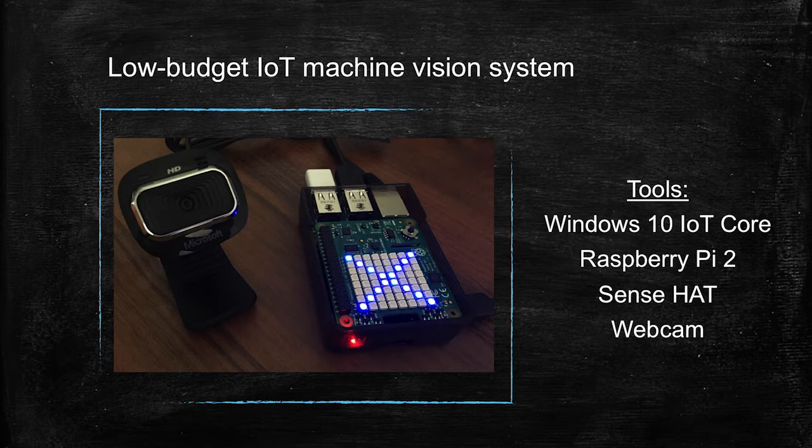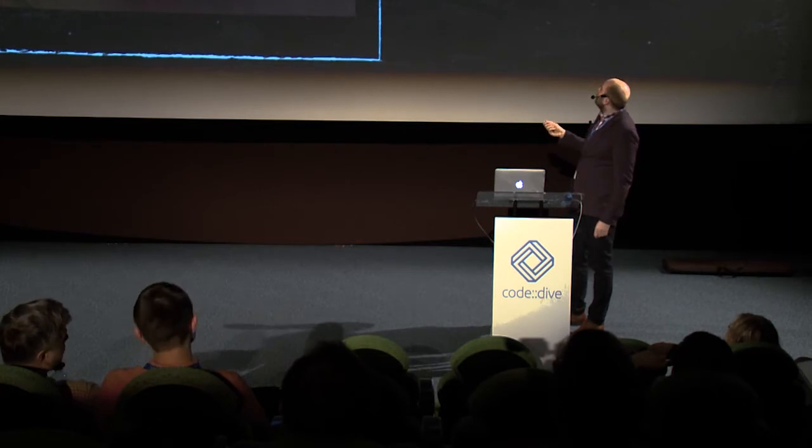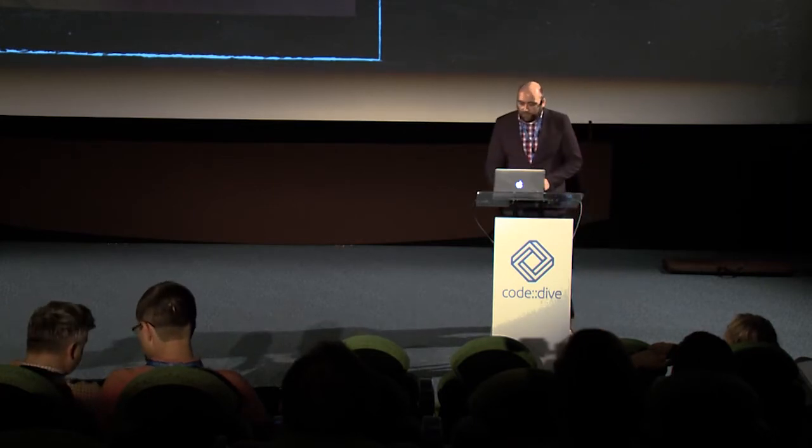It also possesses an API, which lets me get access to the image from the webcam, and also get access to the internal sensors of the Raspberry Pi 2 and the Sense HAT on top of it. Windows 10 IoT Core also helps me control what is displayed on these LEDs. And of course I need a webcam. Unfortunately, the webcam I used was a very cheap one, and with the current version of Windows 10 IoT Core it had a small frame rate, about 5-10 frames per second, but you can also get a slightly more expensive camera and have about 30 frames per second.